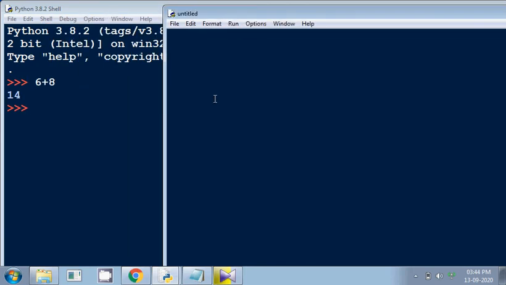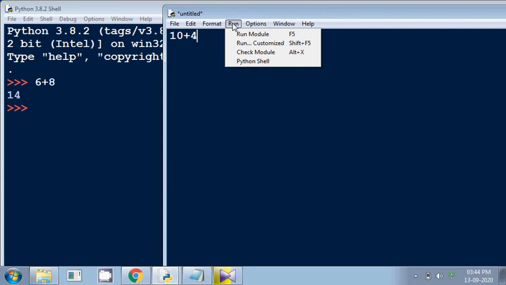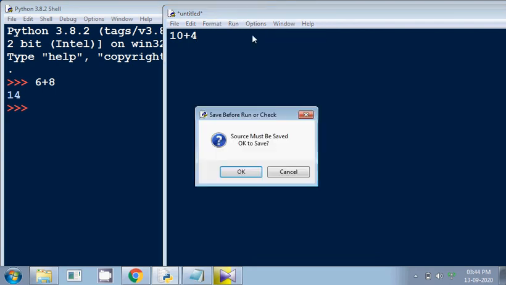Let me use something, let's say 10 plus 4, which is 14. The way we run a file is clicking on run, or we have a shortcut as well, that is F5. First of all I'll have to save this file.